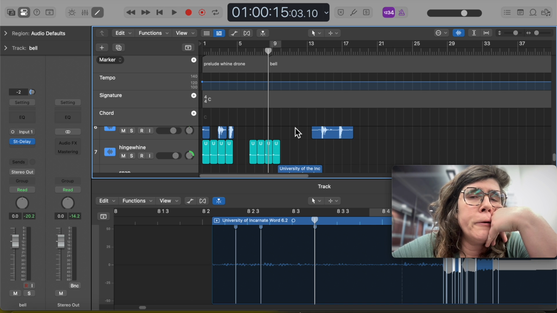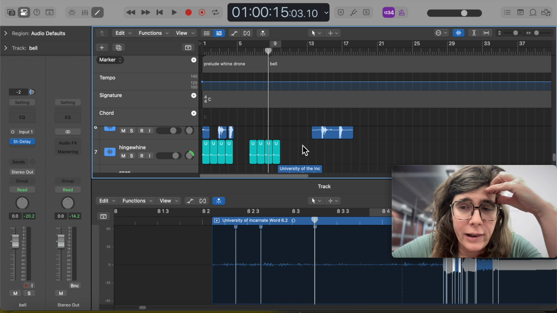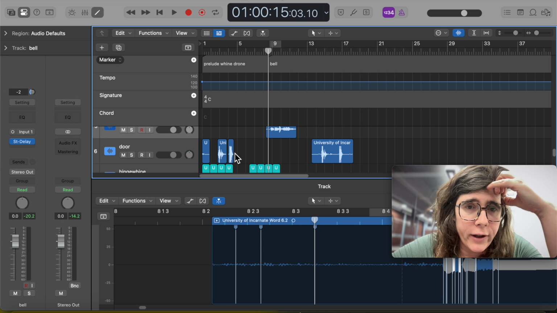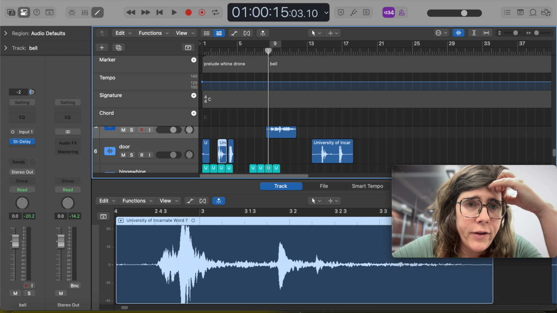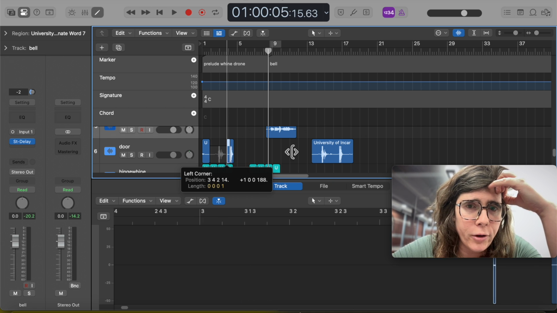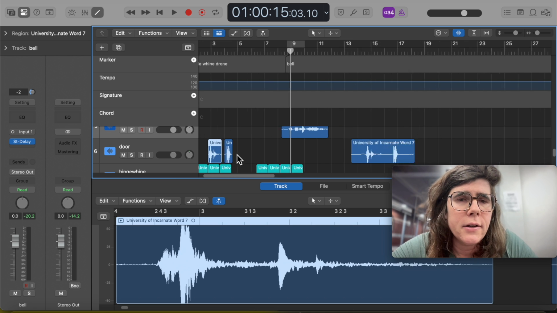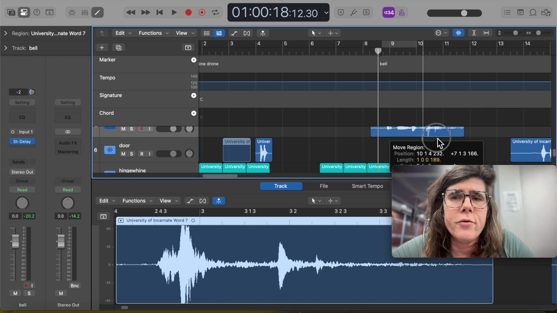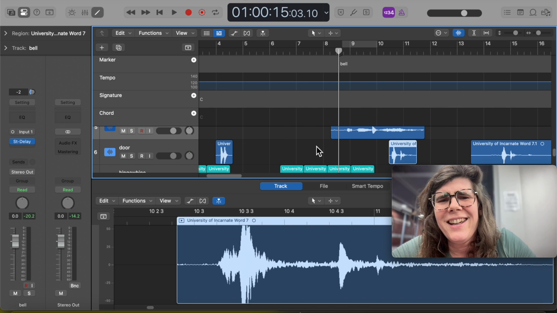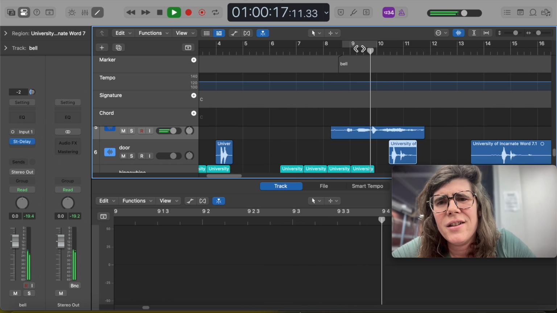Now, I don't want to slam the bell part over and over again. I want to use this door part that we haven't really played with. Oops, I didn't mean to do that. I wanted just to drag it. So I'm going to drag this over here. And I guess the question is,